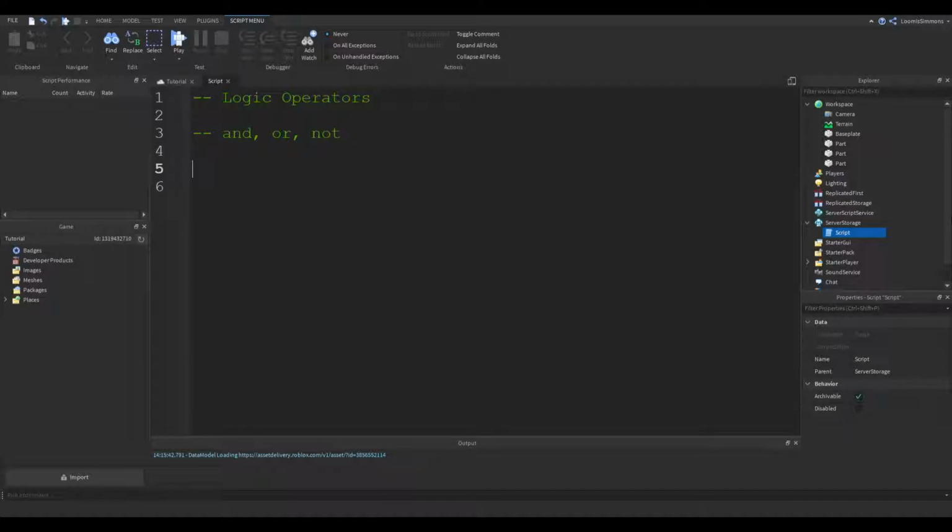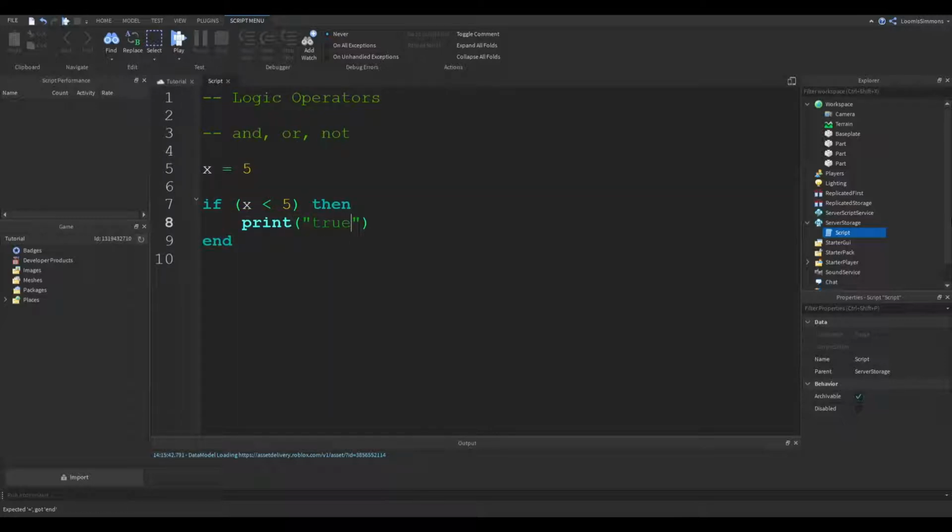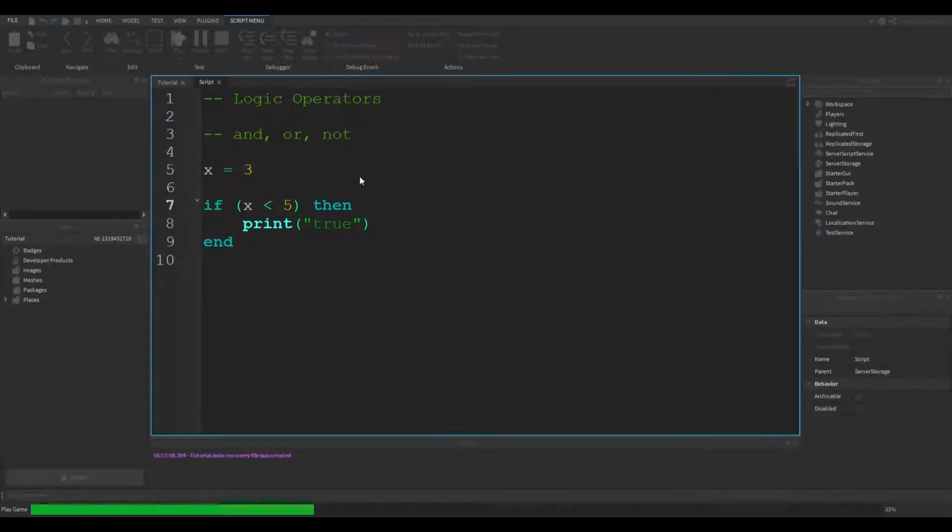Well, if you watched our previous examples on relational operators or selection statements, we were writing pretty simple if statements. We'd have one conditional in them, and we'd check if that was true or false, and then we'd run a simple code, right? We'd say print it's true. So we set a variable to 3, and we'd say if the variable is less than 5, then print true. So we would print this, and you can see that